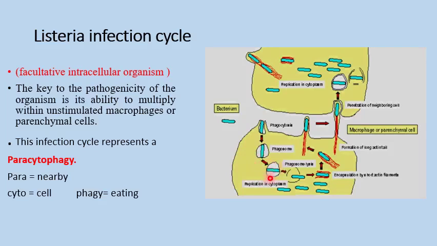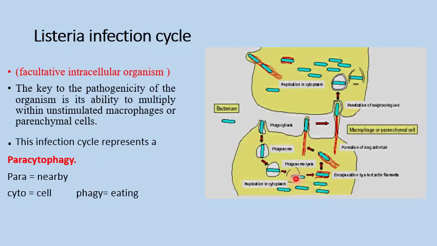Then the bacteria will begin to release Listeriolysin O and the phospholipases, which will cause lysis; they begin to break the vacuole, they lyse the vacuole. So the organism will be liberated outside the vacuole and will spread in the cytosol, or the cytoplasm, of the cell. Once it is outside the vacuole, it begins to multiply. As you can see in the picture, the bacteria multiplied here,